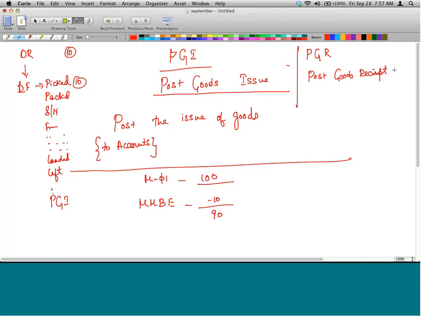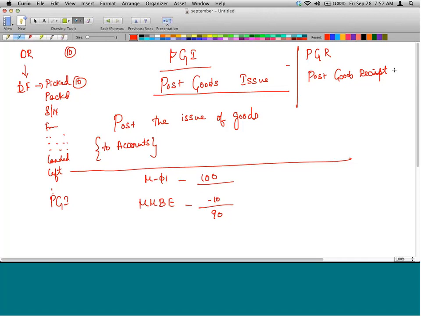As simple as that. Post Goods Issue, Post Goods Receipt. Post Goods Issue is for outbound. Post Goods Receipt is for inbound. So only when this step is done will your accounts and inventory be updated. Any questions on this?